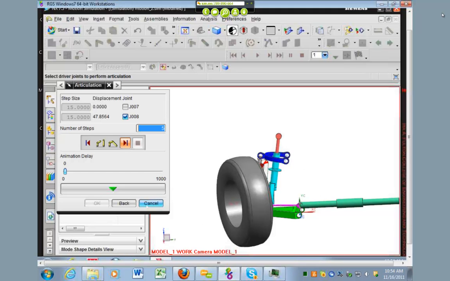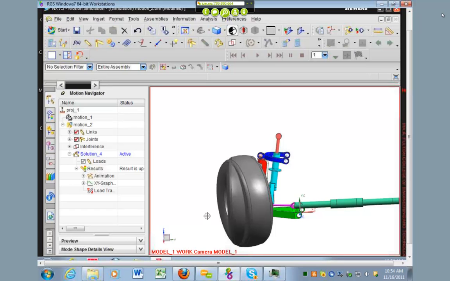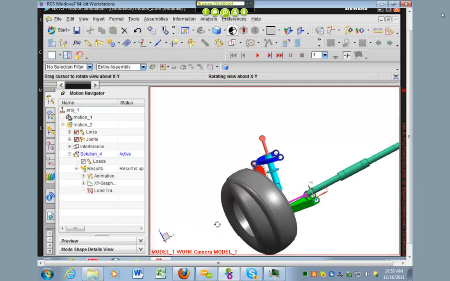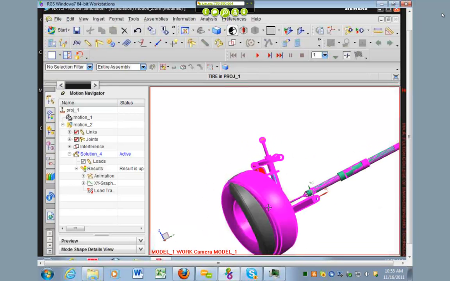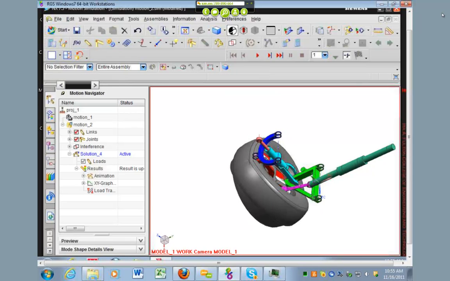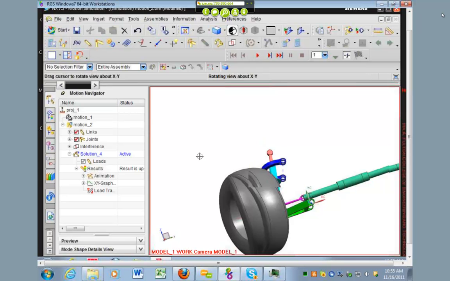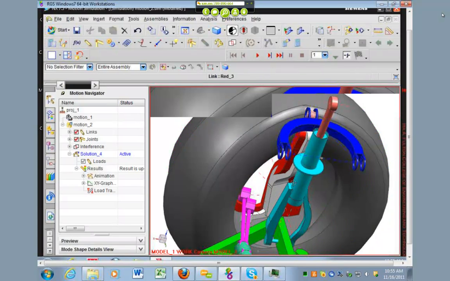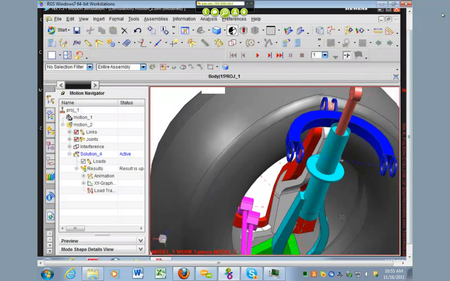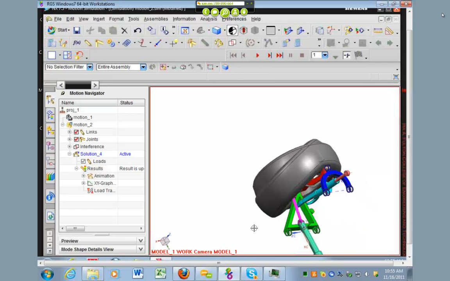So it wants us to cancel out of this, and we can see the original, which is this, and the moved part, as well as you can see which is original and which is moved. There are 2 copies of this as well. Some of the other parts didn't move, but you can see that. Let's see if I can drag this over. You can see there are 2 copies of everything. All right, so we can use the measure angle